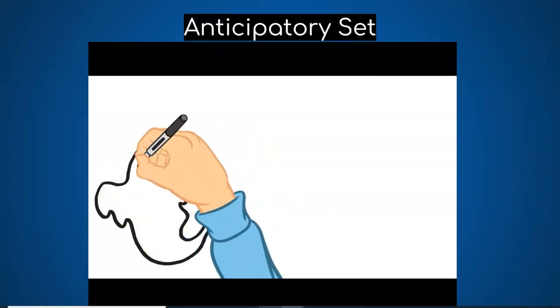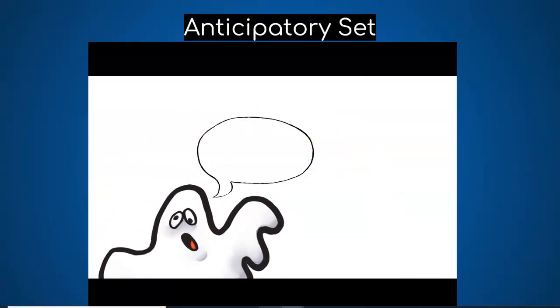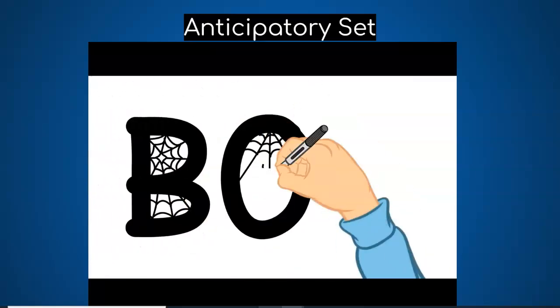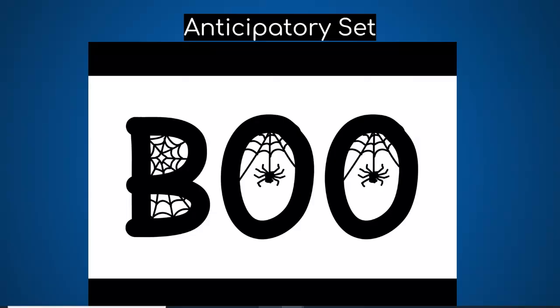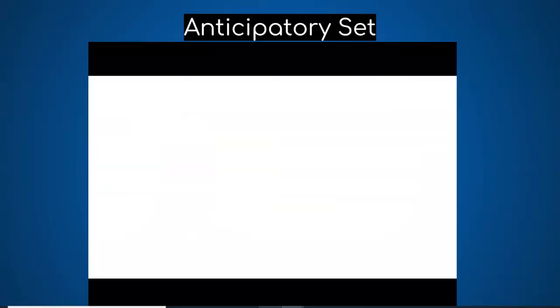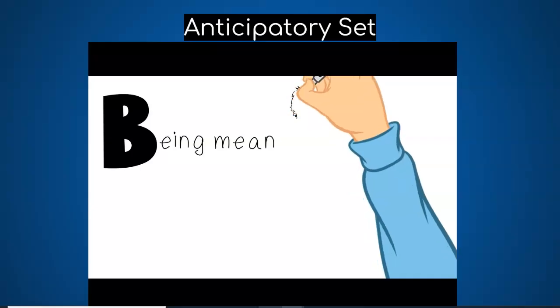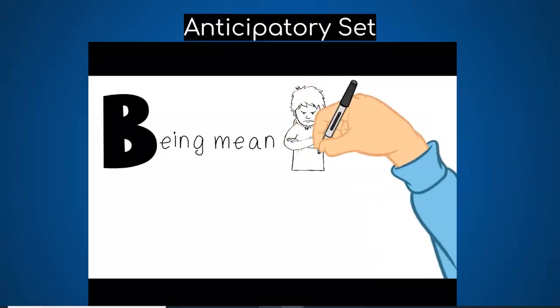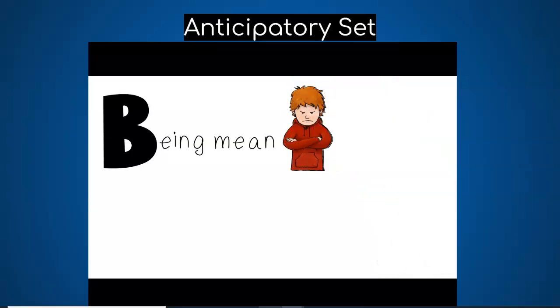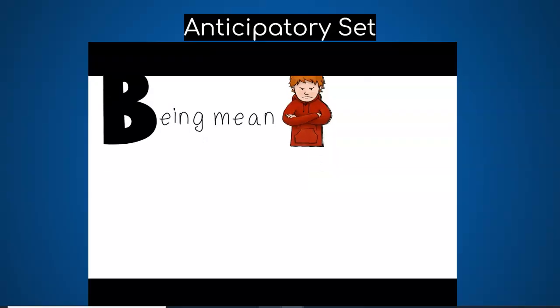We're going to call on my friend Boo the Ghost to help us understand bullying in a different way. Don't worry though, he's friendly. We're going to take the letters in Boo's name to come up with an easy way to learn about and remember the definition of bullying. Let's start at the beginning. The B stands for being mean. Now, this isn't your everyday meanness or teasing that might happen at school.